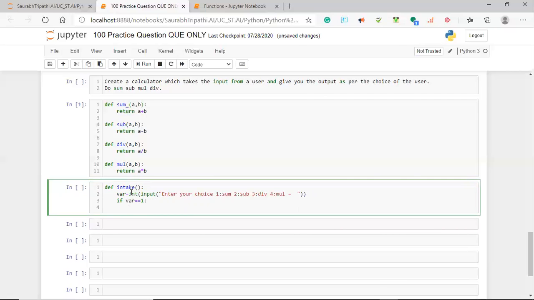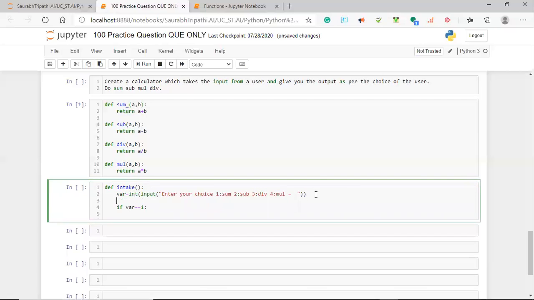Definitely we want to take two more inputs, that is two values. So for a, we will take input: first number. And again guys, it will be an integer. So we want to make sure that it is an integer. I'm not considering the choice of a float right now.